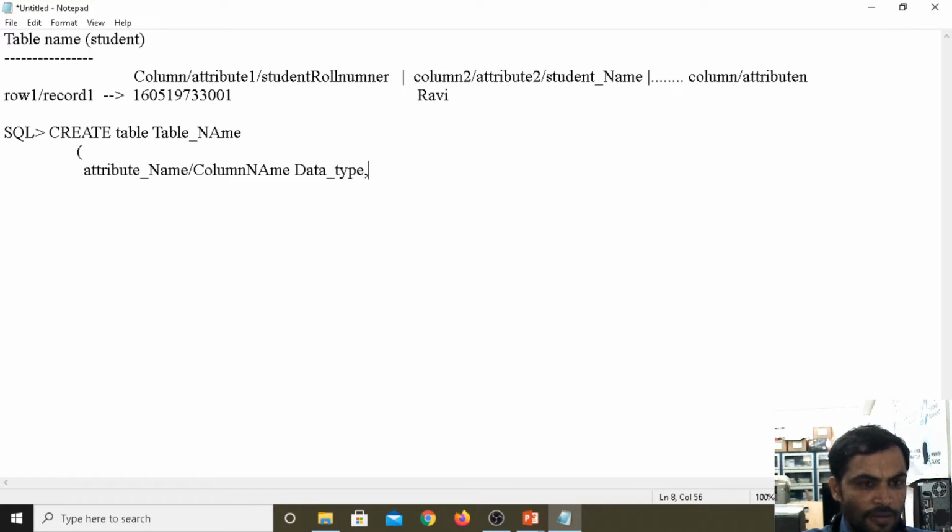Then the second attribute name or column name, then data type.